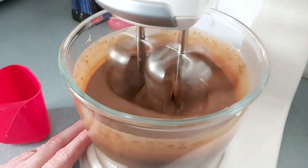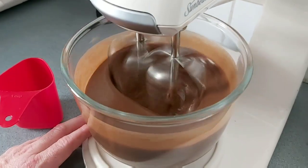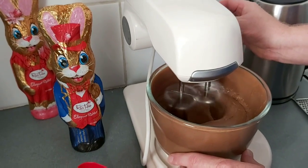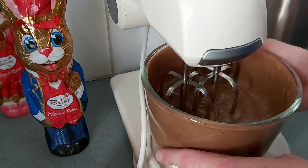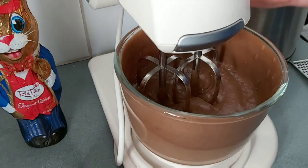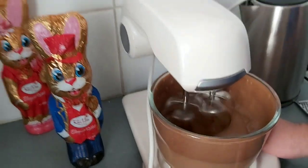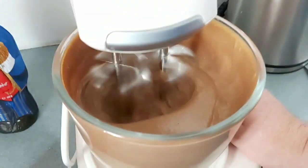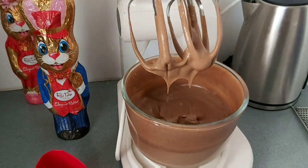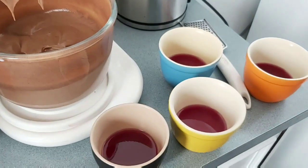Getting thicker and creamier. It's getting smoother and smoother as it goes. It's getting thick and creamy. Just the right consistency, or no, maybe just a little bit more. We want that soft peak. Alright, looks like we've got the soft peak there. I think we're good. So now we've just stopped this, and I'm just going to take the jelly out of